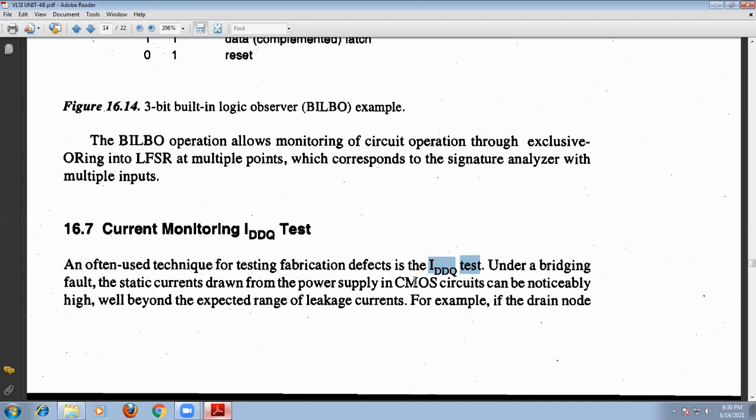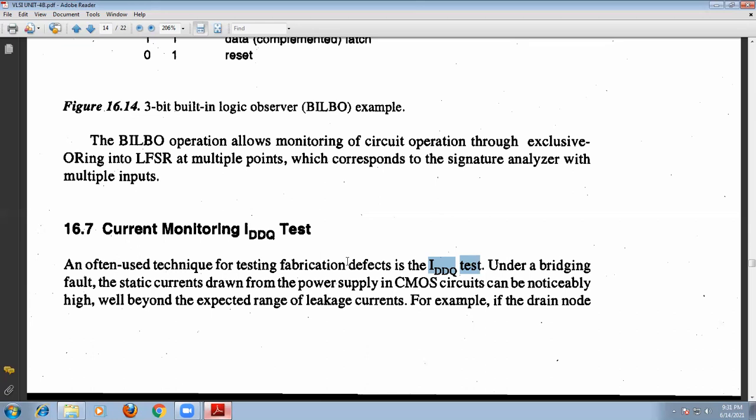For example, let us consider that the drain node of the PMOS transistor is shorted to VDD. In a CMOS circuit we have PMOS transistors as well as NMOS transistors. In the PMOS transistor, the source is connected to VDD and the drain is connected to the output terminal. So when the drain node is shorted to the power supply,